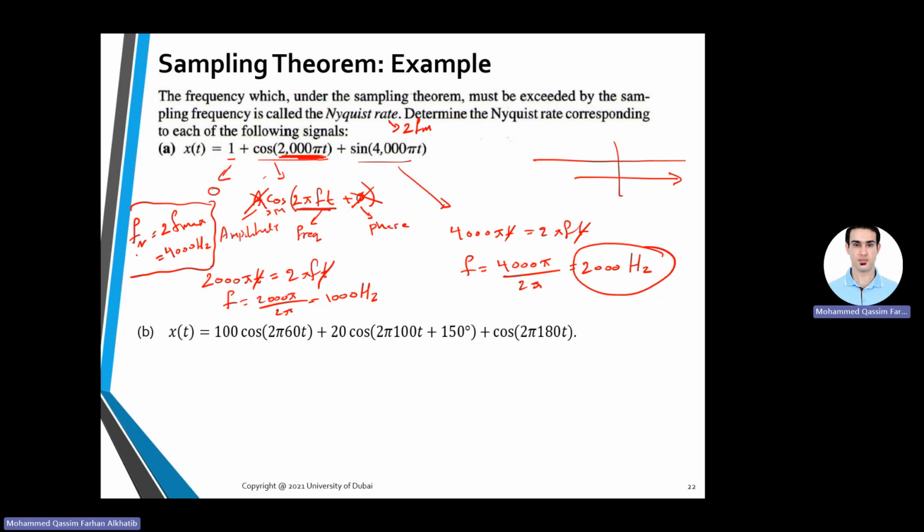Basically, it's 1 over Fn. My sampling, 1 over F. So I have 1 over 4,000. Always the time period is the reciprocal of frequency. So if my sampling frequency,